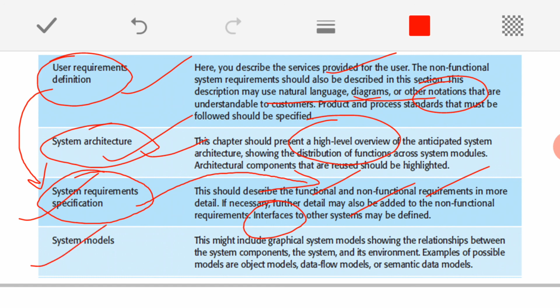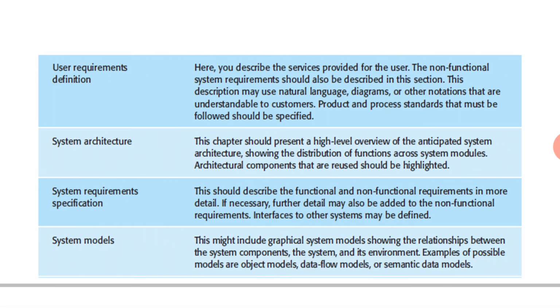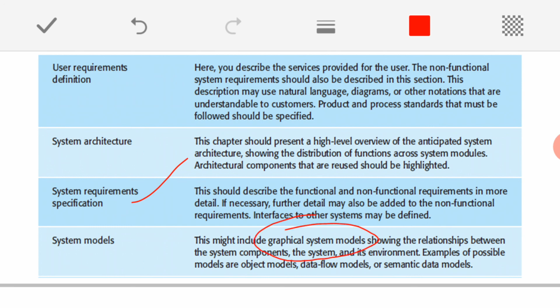Clear? Then there will be another chapter called system models. System models are actually graphical representations. Whenever I define the variety of functional and non-functional requirements in terms of system requirements, every requirement should be supported with some graphical notations, that is, graphical system models. These are helpful for the developers as well as the users and managers for a better understanding of how the system should be developed, what exactly the system's working nature is. That is very helpful to analyze and understand the system in a better way.